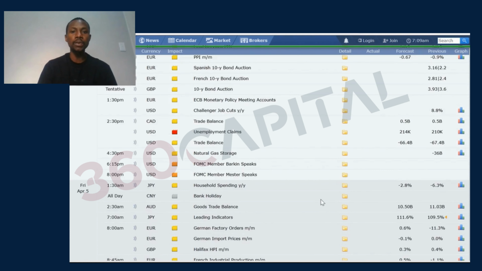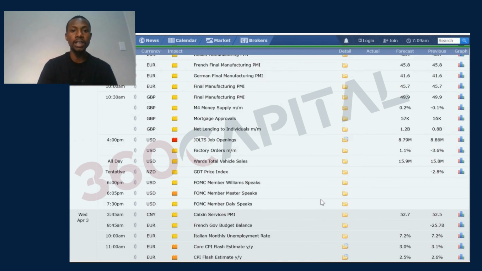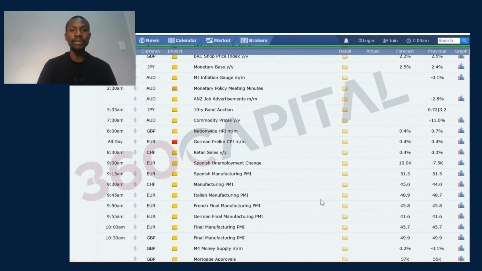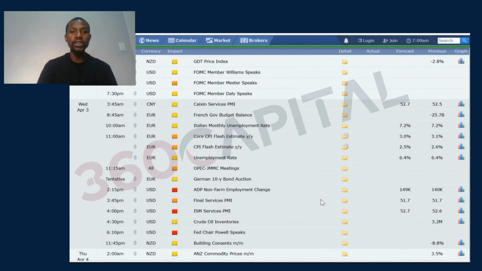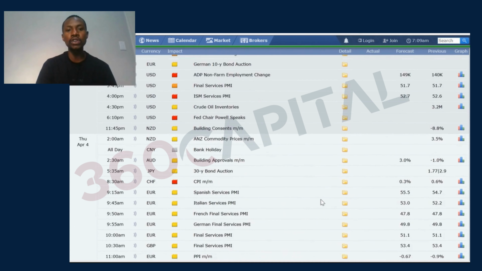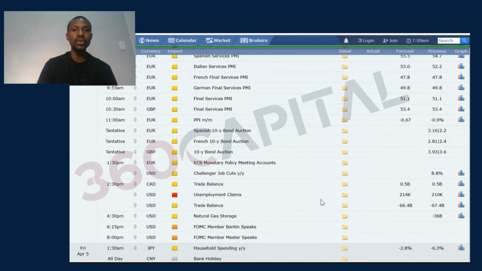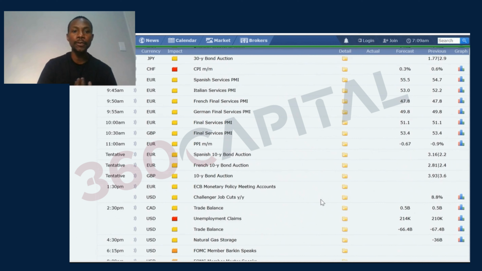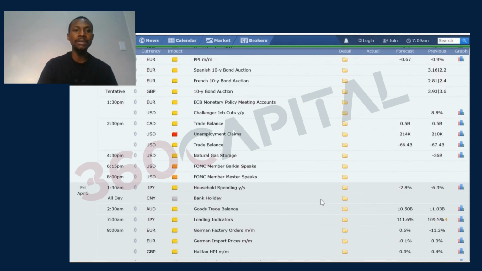We saw a couple of volatilities, a couple of high impact news from Tuesday, German Premium CPI, all the way to Wednesday. OPEC is having the meeting. ADP non-farm employment change. Fed Chair Powell is speaking. Thursday, that's where we're seeing the CPI month to month from Swiss franc, unemployment claims as well, all the way